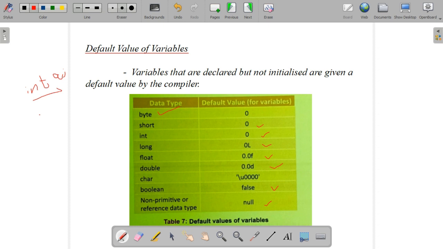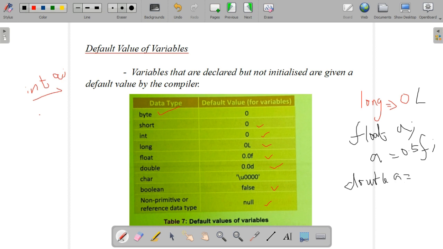And one more thing, in the case of the long data type, we usually use a suffix. 0 is the value, and we can use the suffix L, 0L, capital L or small l. If it is a float value, we initialize it as float a equal to 0.5f. Float is indicated with the literal f.